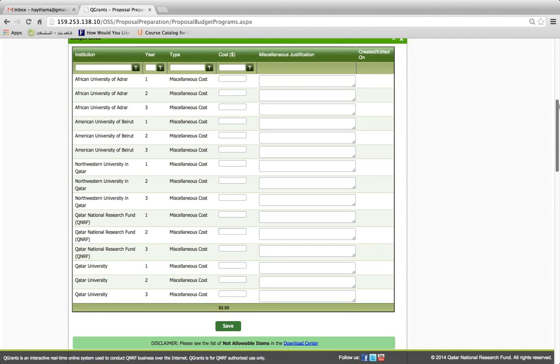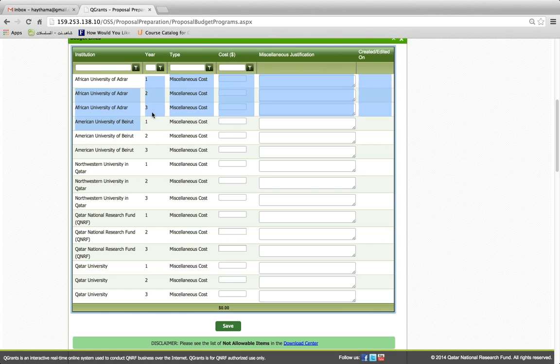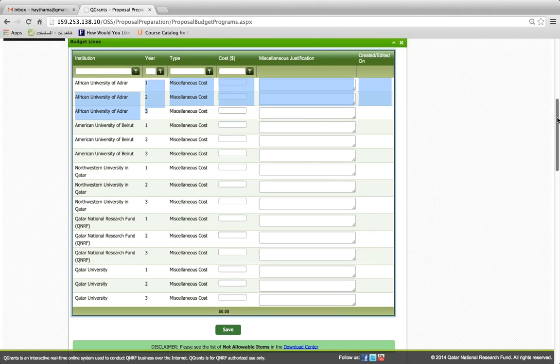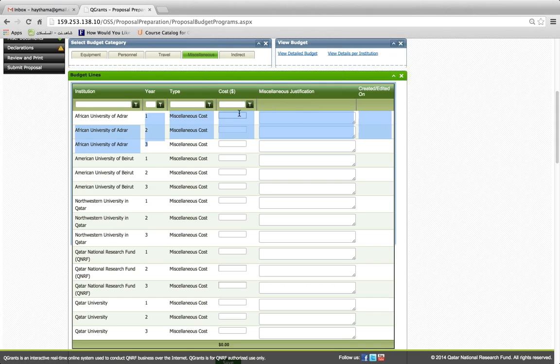Miscellaneous, the rule in miscellaneous is one line item per institution per year. So I have the following institutions in my proposal, and my proposal is 3 years, so I have 3 lines per institution per year. And you might choose that you enter 0. You don't need to buy any miscellaneous this year for that institution. Okay,